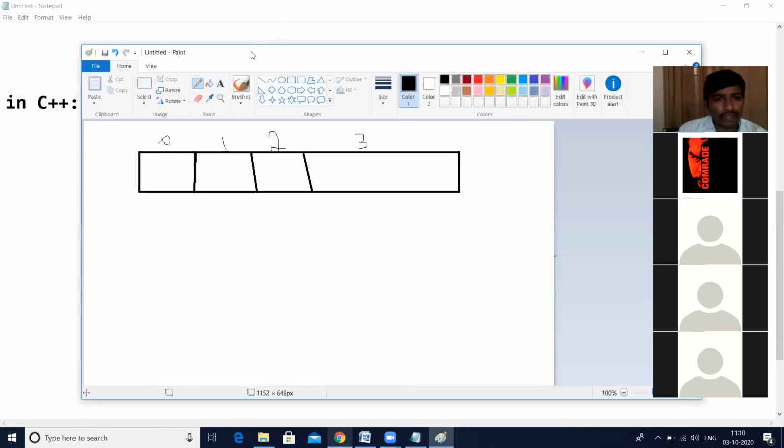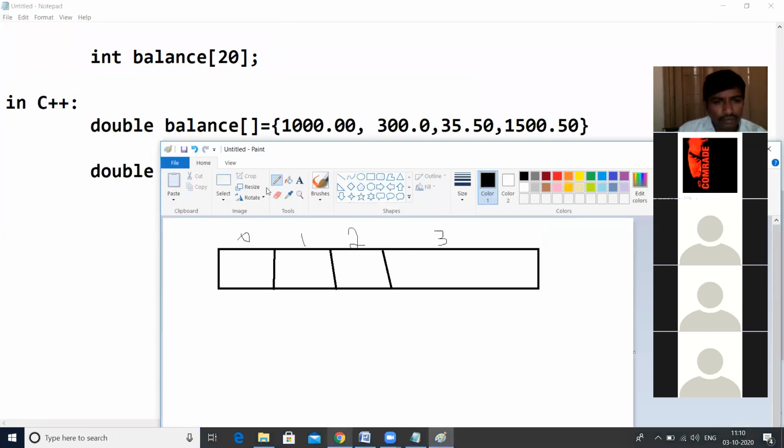What are the values we take here? Say the first one is 1000. Then 1000 will be stored here. Then the second one is 300. So 300 is stored next in sequential order in the memory. Then next 35.50.